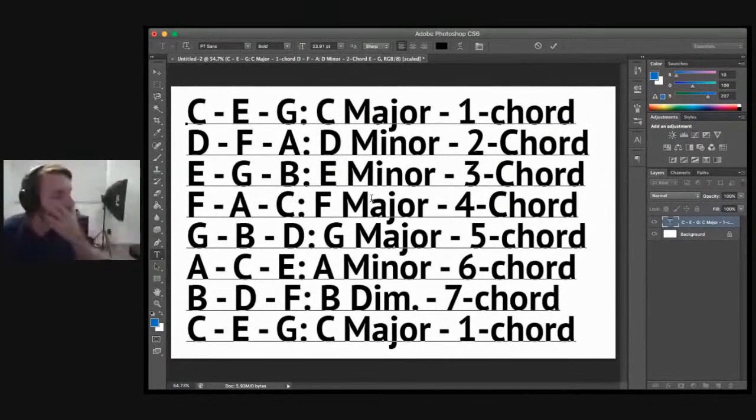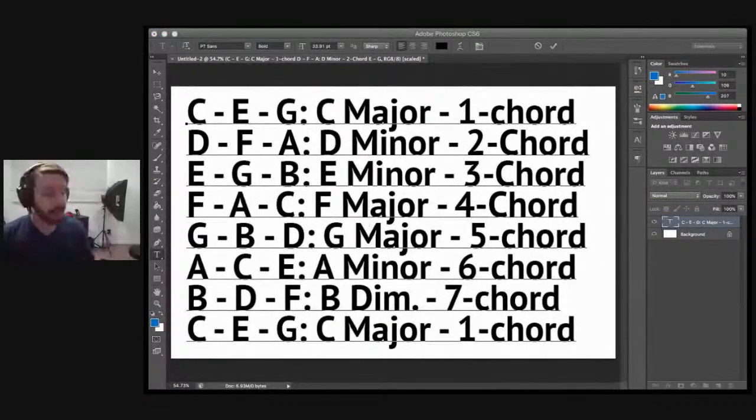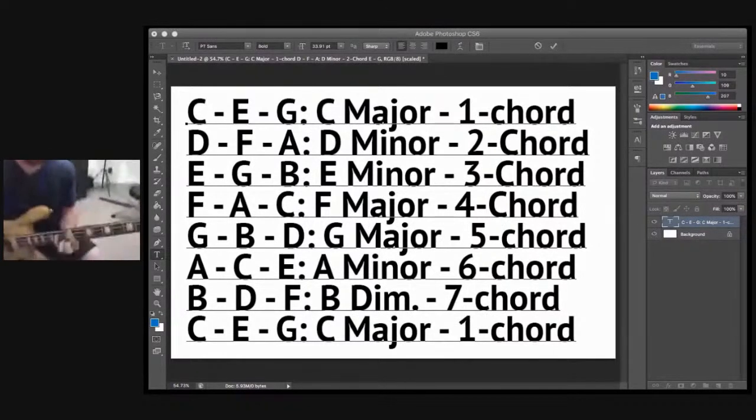So let's use Don't Stop Believing as an example. I think someone said it was an E flat, so let's use E flat. We've got a 1 chord, an E flat chord, going to the 5 chord, going to the 6 chord, going to the 4 chord.